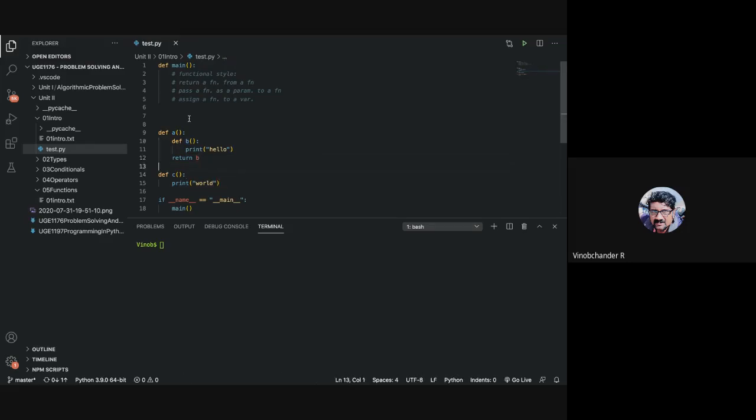What you can do is pass C as a parameter to some other function, here say A. So let us pass C to A. This is the idea, passing a function as a parameter to a function. I have a function C with a particular definition. Now this C function itself is being passed as a parameter to this function A. And let me have the same call again.